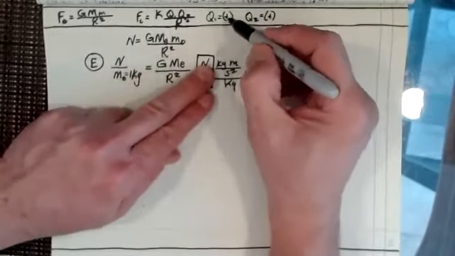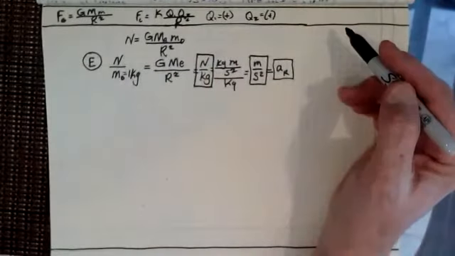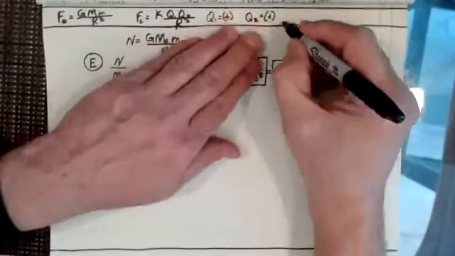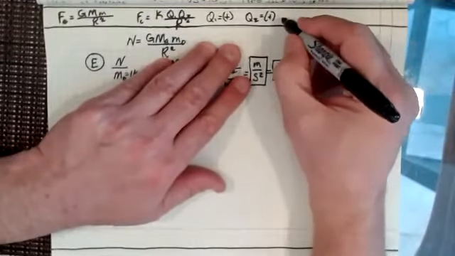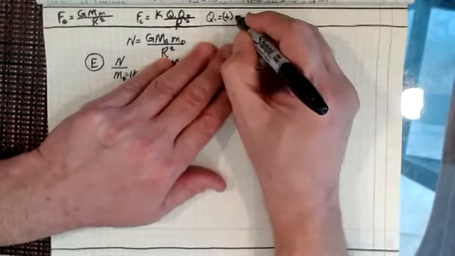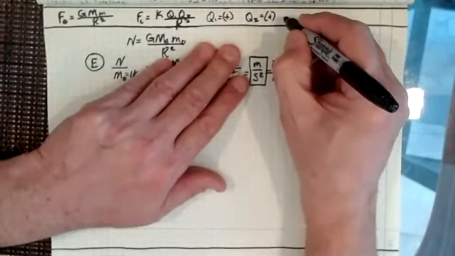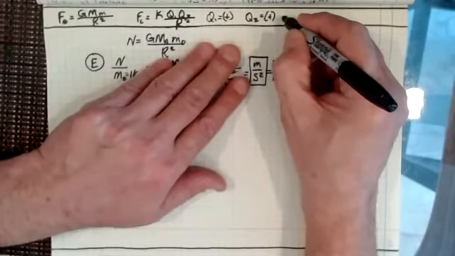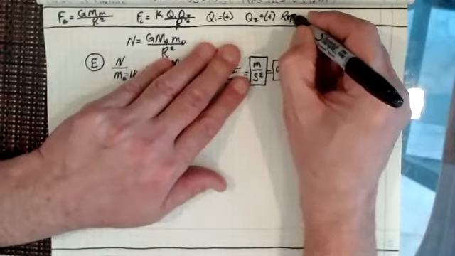Whether charge 1 and 2 are positive or whether charge 1 and 2 are negative, they're still going to repel one another, right? So Q1 and Q2 are going to cause a repulsion, whether it's positive or negative. Like charges repel, unlike charges attract. So what we can say here is that repulsion